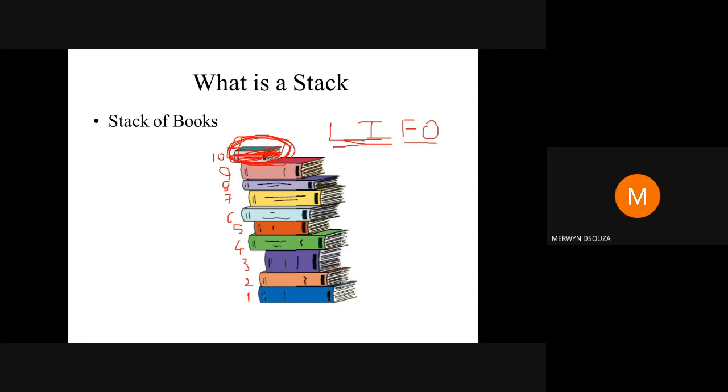Okay, similarly the next book that will be removed will be this one. Now, I have already removed this book, so the 9th book will be the new top of the stack. It will be the topmost book now. So the second time I remove a book, the 9th book will be removed.